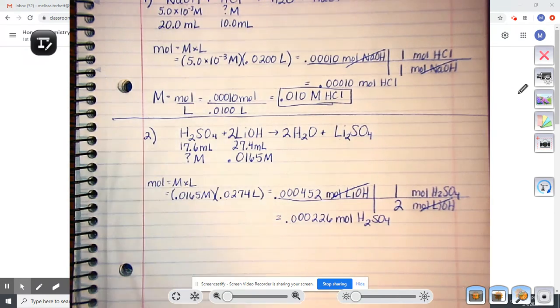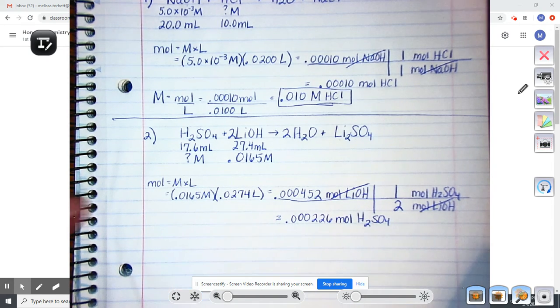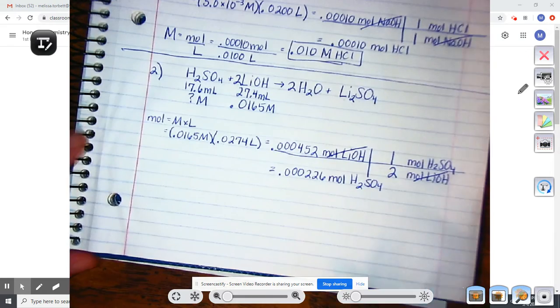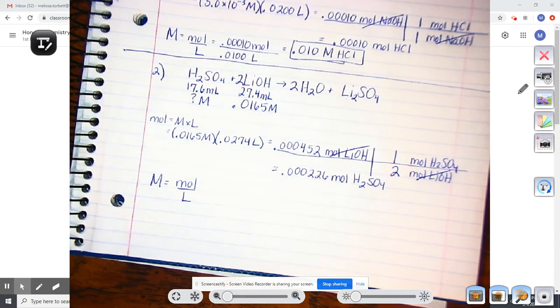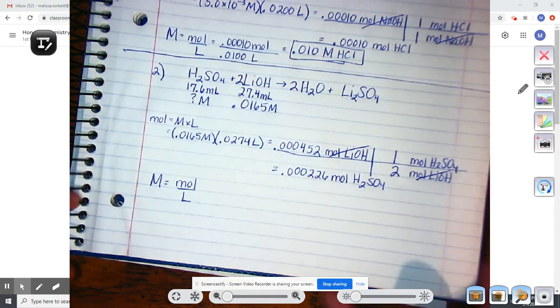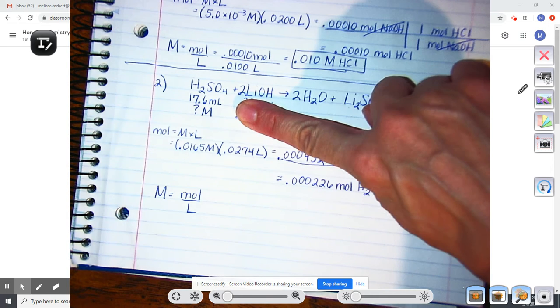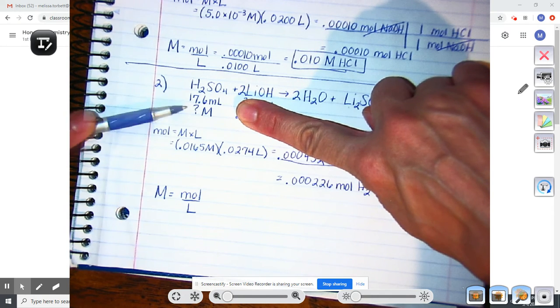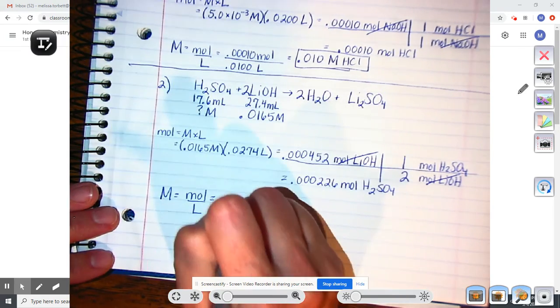Okay, so there's, like I said, I like to tack step 3 onto step 2 just because it's real easy to do. So step 2 was find the moles of the known, and step 3 was find the moles of the unknown. All right, then all we got to do here at the end is wrap it up by finding big M molarity, the question mark, for sulfuric acid. Now remember, my known numbers, I'm done with them. I don't need those anymore. I've already used them. Everything I need is here and here. I need my stuff for sulfuric acid. So I'm just going to go and plug those in,